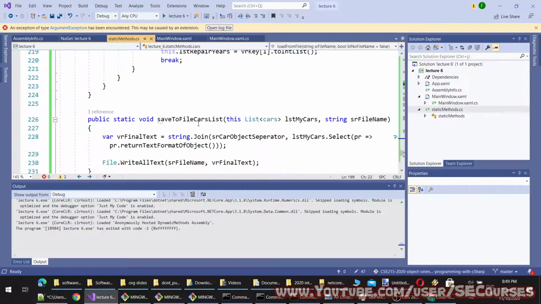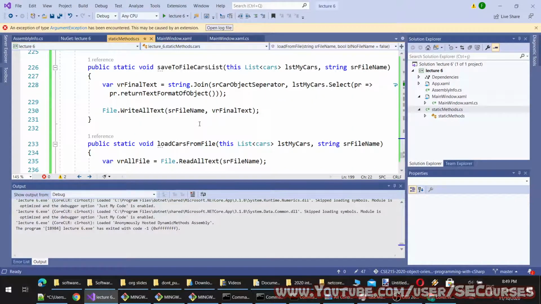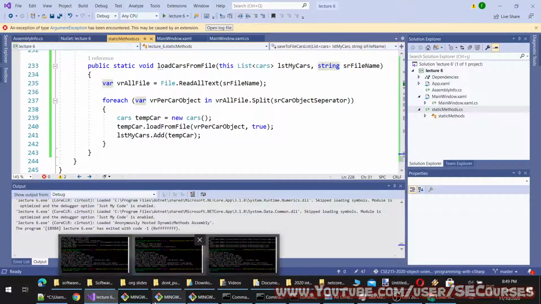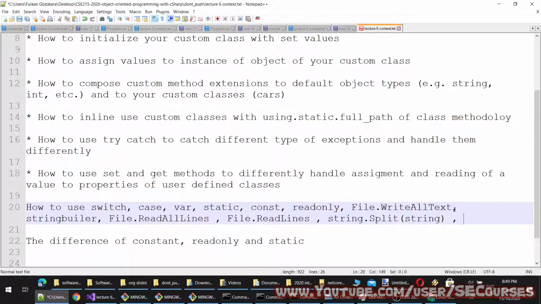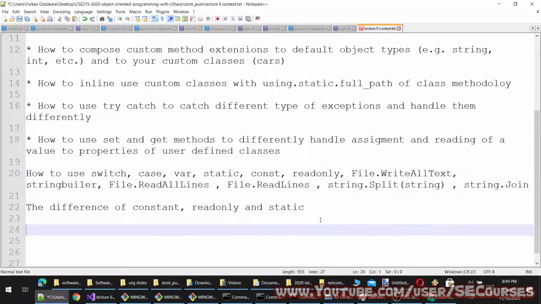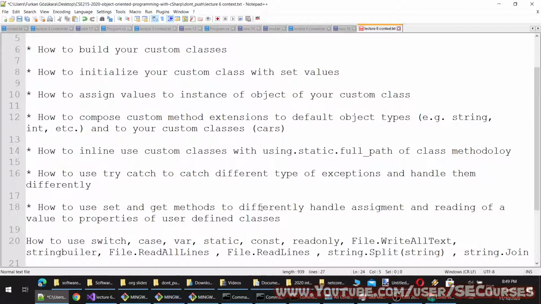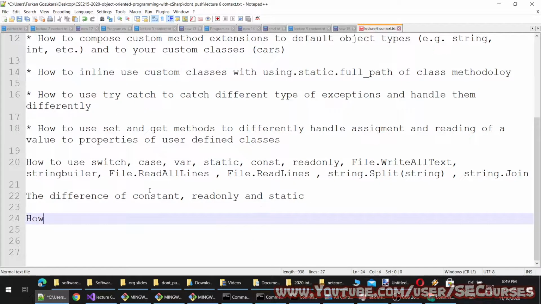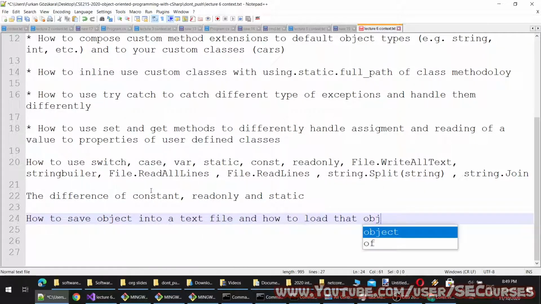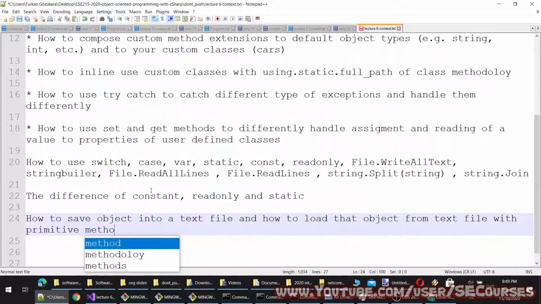Okay. And join. Okay, also, okay, how to save an object into a text file and how to load that object from a text file with primitive methodology.